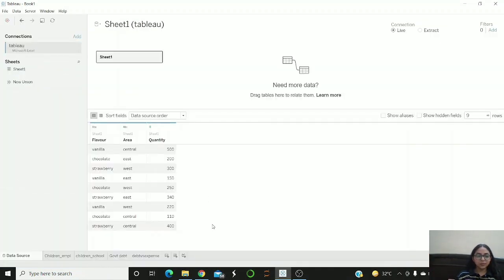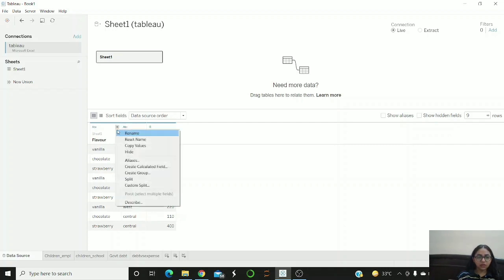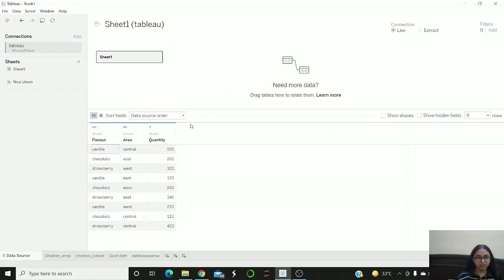So this is pretty simple data. I have specifically created it for making a simple side-by-side bar chart. Bar charts are especially useful if you want to plot categorical data. So as you can see, I have two categorical attributes, flavor and area. The rows are quite less, but it's just to depict how to make a side-by-side chart. So you can hide columns, you can create new columns, you can even create a join of two tables. A lot of things can be done here once you load the data.